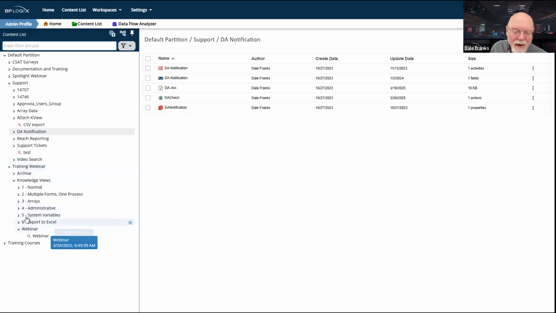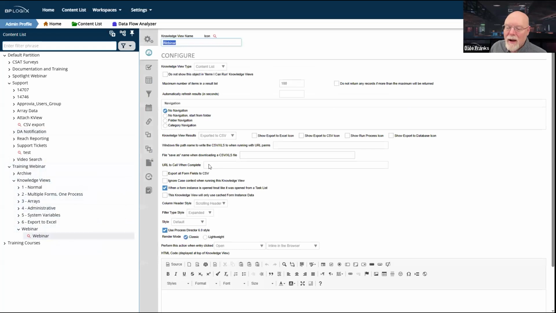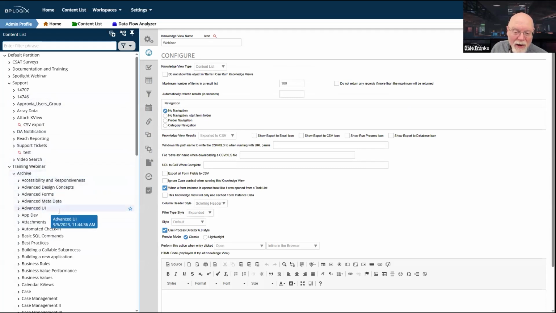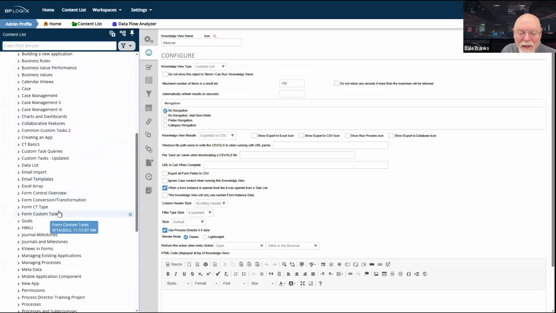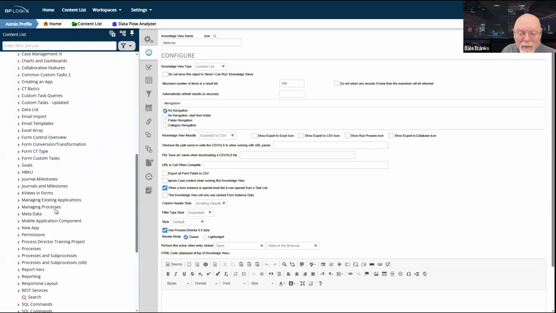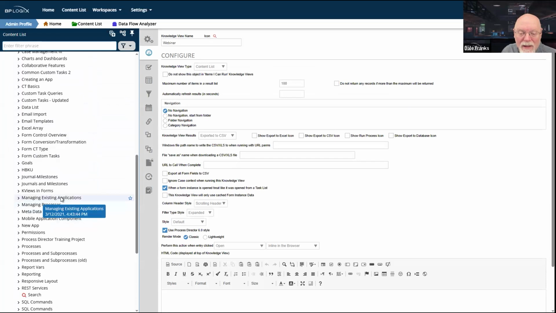So I thought I had an example of that running, just to run a process. I know I do have an example. I'd have to look here in archive, let me see if I can find a good example of one that actually does it.